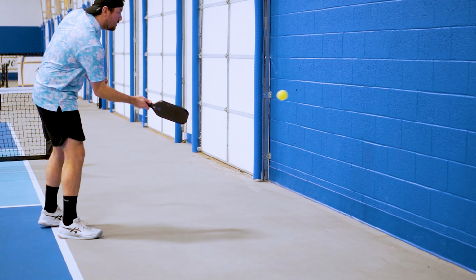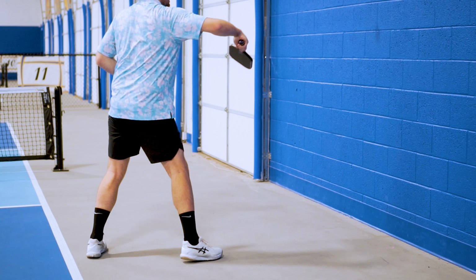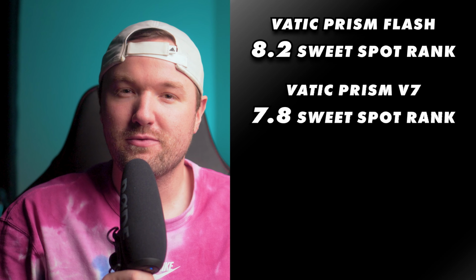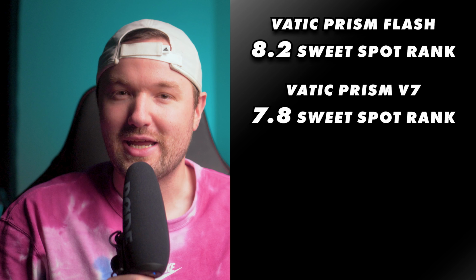Moving on to sweet spot ranking. The sweet spot of these paddles are kind of insane, again, especially since they come in under $100. The sweet spot of the Prism Flash feels a bit larger and more forgiving to me when I hit shots and when I was dinking off-center hits when compared to the V7, which is a big plus. I'm going to give a sweet spot ranking for the Prism Flash a solid 8.2 out of 10, and the sweet spot ranking for the Prism V7 a 7.8 out of 10, which are top tier numbers for any paddle